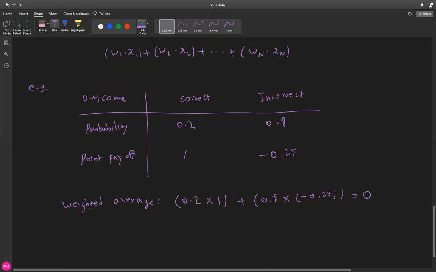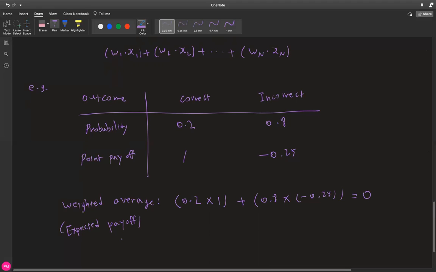So in this case, the weighted average, or in other words, the expected payoff, is 0. In other words, you're not really gaining anything by guessing your answers.